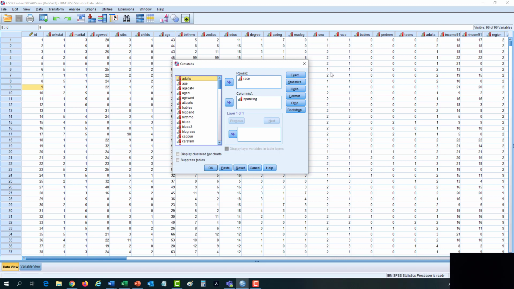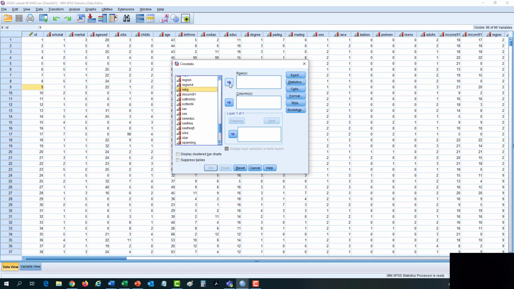Now, if you're going to run more than one crosstab, which I expect most of you are going to do, probably not a good idea to click reset, because that'll reset the button selections, and you want to save those. So I'm just going to double click these variables and get them out of here. And then we're going to